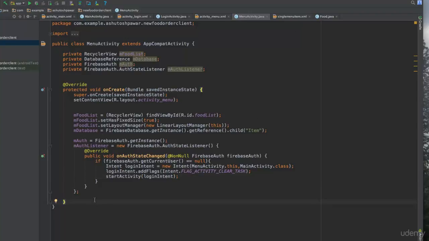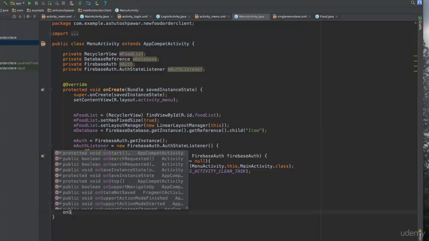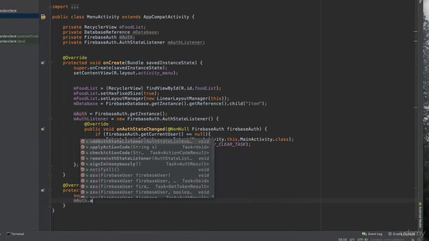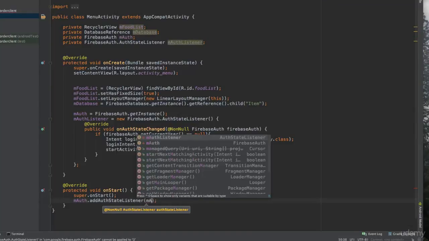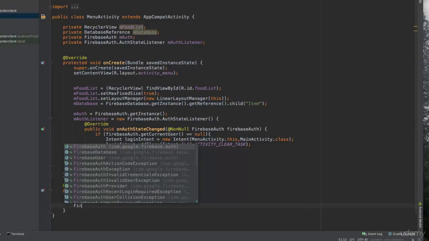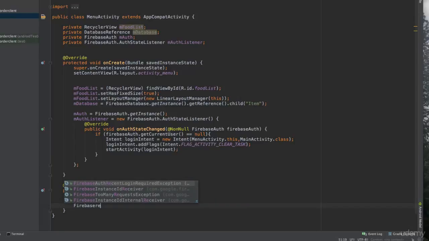activity. So after that, what we will do is create an onStart method of this class over here, and we are going to set in the Firebase adapter over here. So the first thing we do is get a reference to the auth state. So mAuth.addAuthStateListener, that's going to be mAuthListener, and after that we will go ahead and create the Firebase recycler adapter. So this is going to be FirebaseRecyclerAdapter, and I guess even before you create the